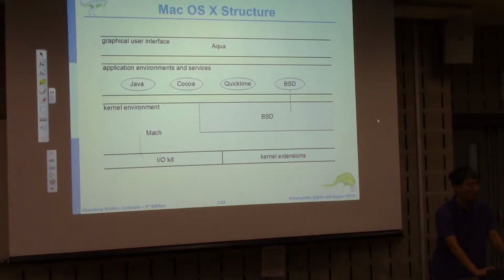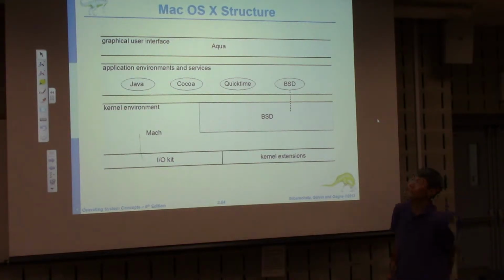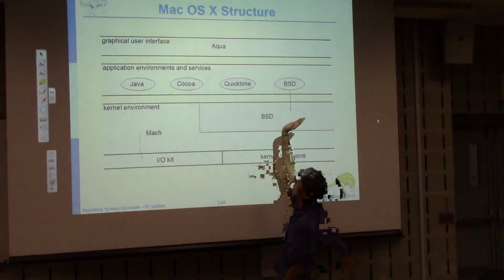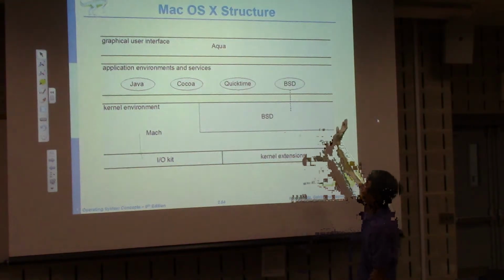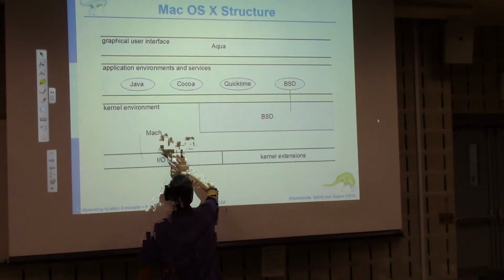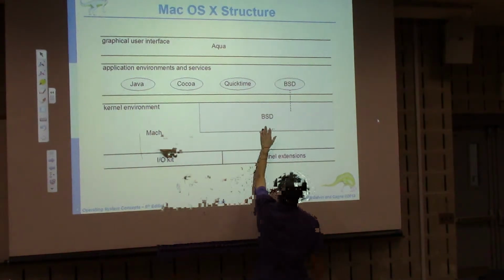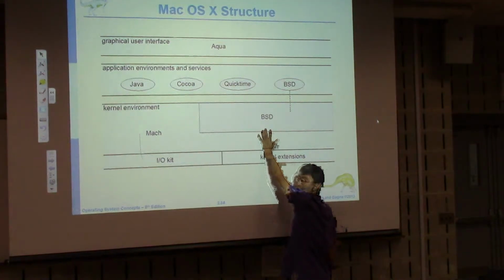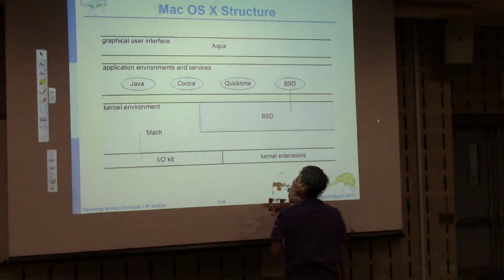This slide shows the Mac OS structure. For the graphical user interface, it uses Aqua. It has been a long time since such an Aqua interface was developed. This is the hardware level. That is the user level, the interface. So these are the kernel environment. It's based on a microkernel, but also again the Berkeley branch of Unix side.